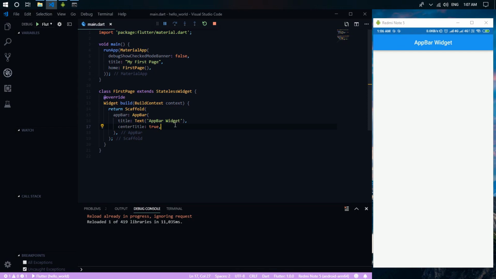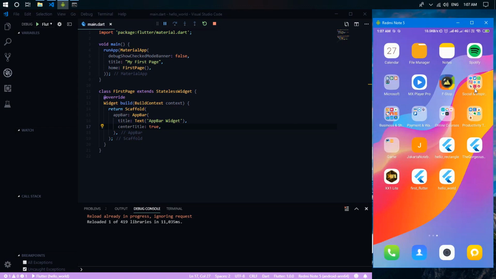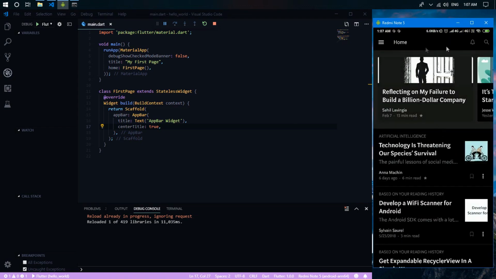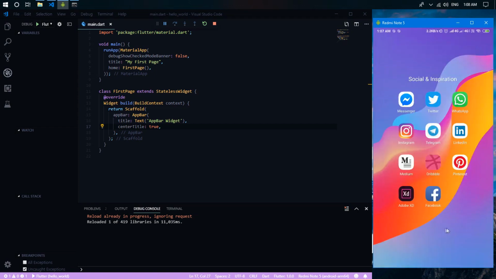By default in Flutter, the color of the app bar is blue. We can try to change the background color in the next section. So let's say that we want to clone the app bar of the Medium app. So let us see the app bar of the Medium app. Look like this. In this Medium app bar, we can see that there is a leading, a title, and some actions. Okay, so let's clone the Medium app bar.